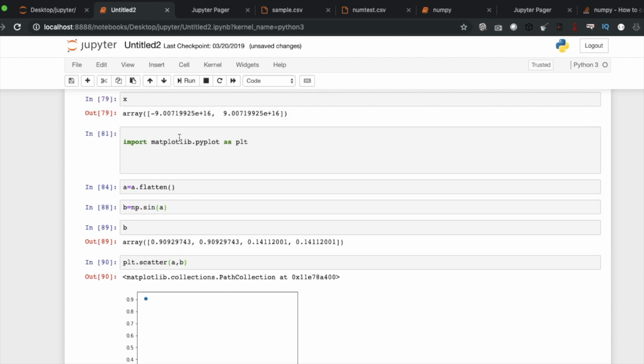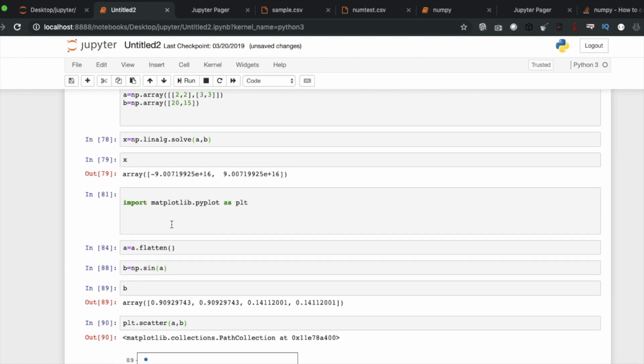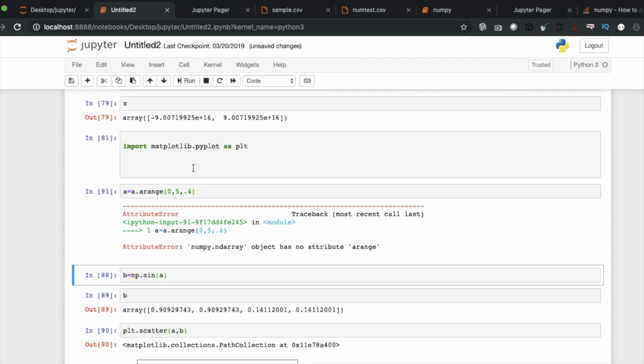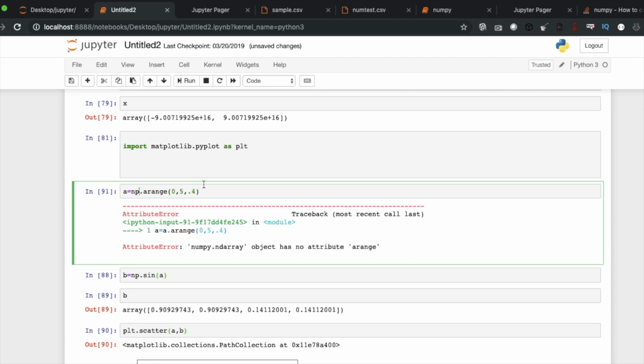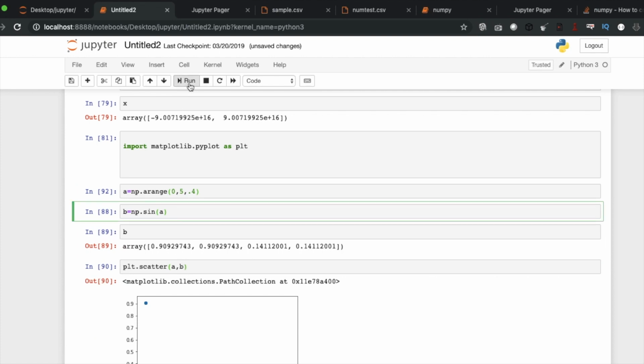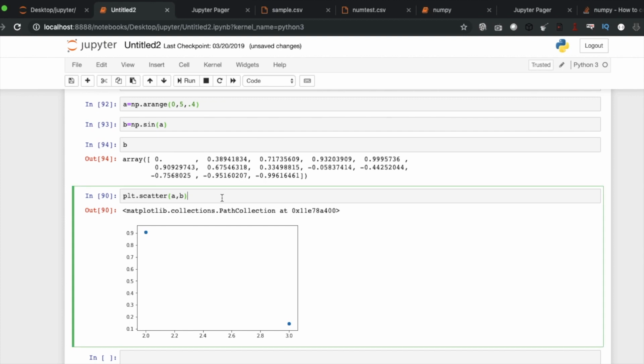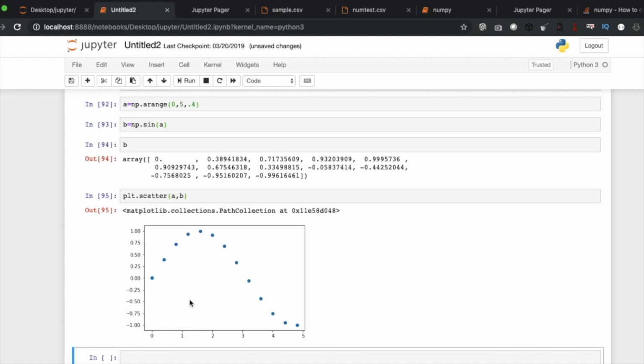I think some values are almost the same, so let's change it, arange from 0 to 5 with step 0.4. See, this is a nice sine curve.